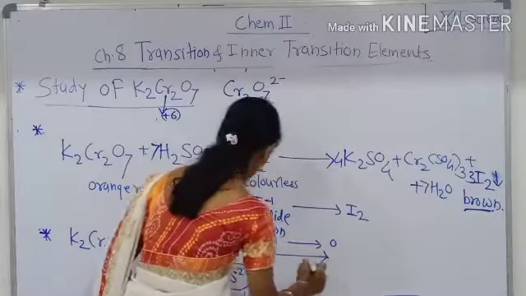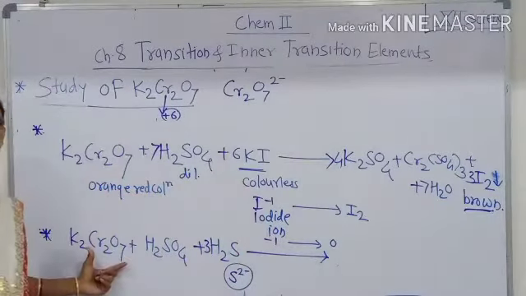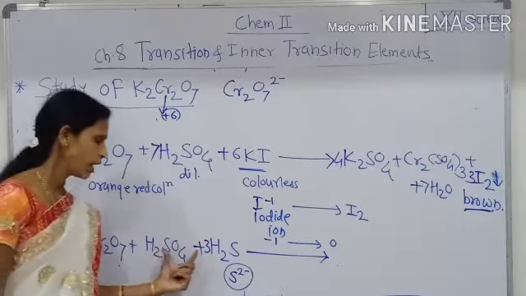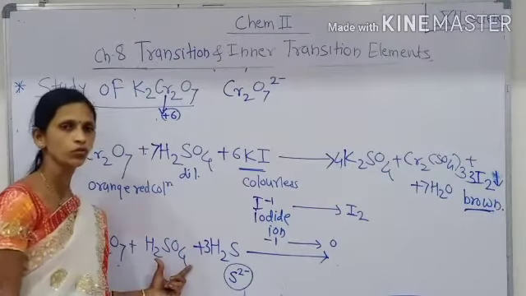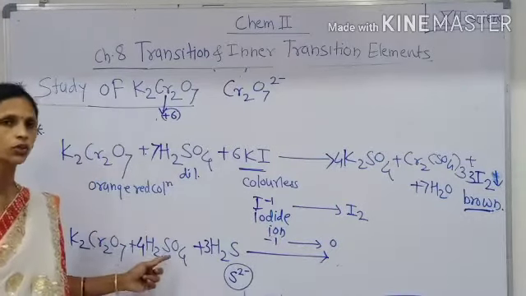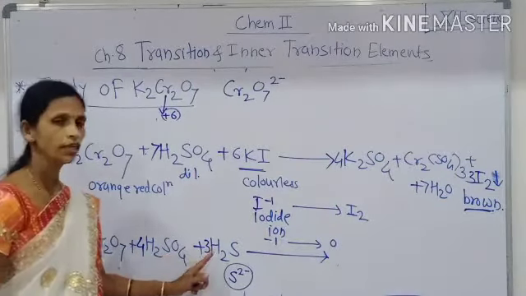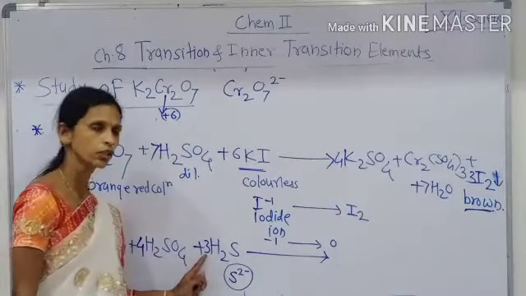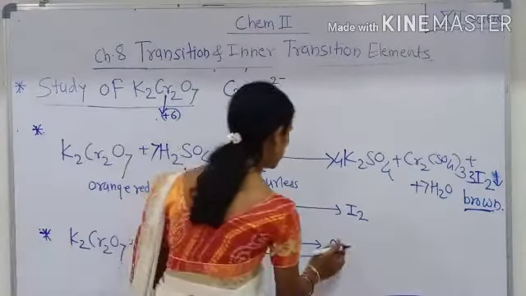That means K2Cr2O7 in acidic medium, that is H2SO4, we have to balance side by side: 4 H2SO4 molecules plus 3 H2S, it converts into